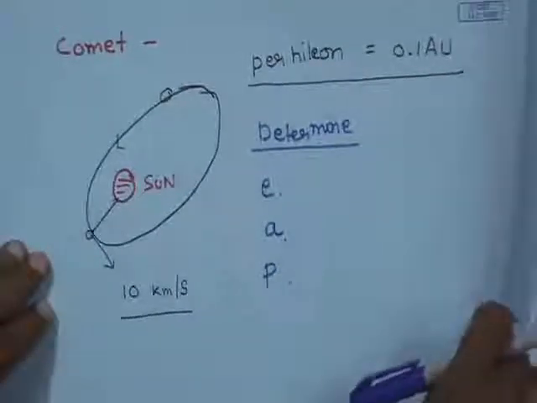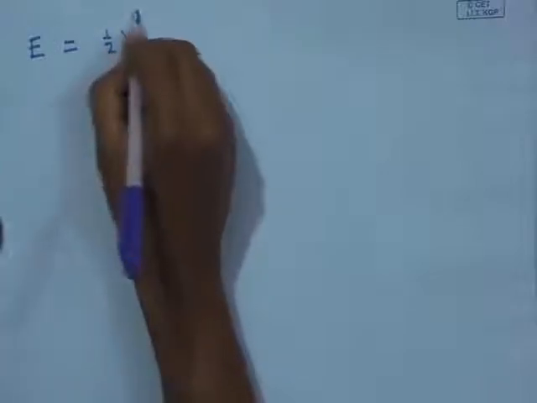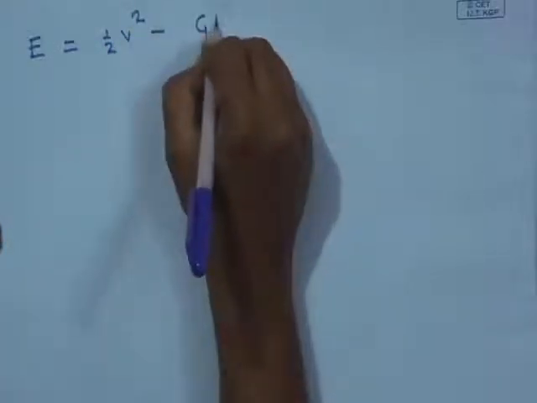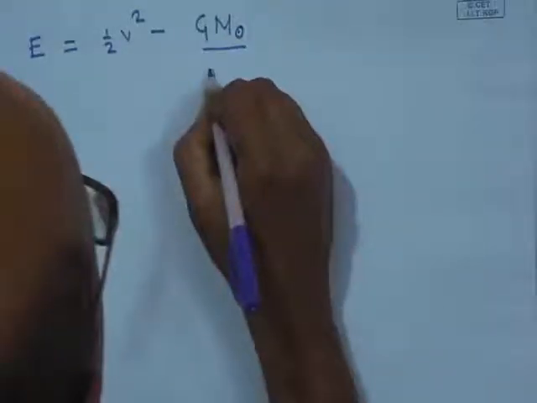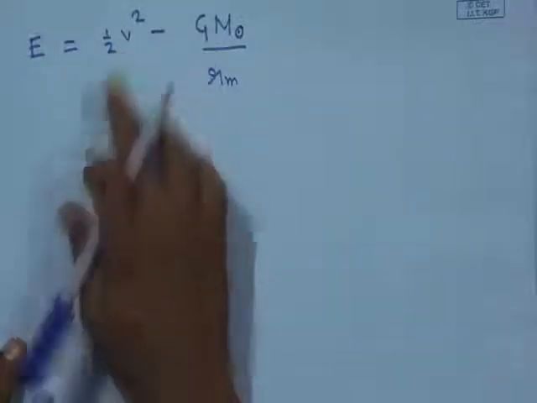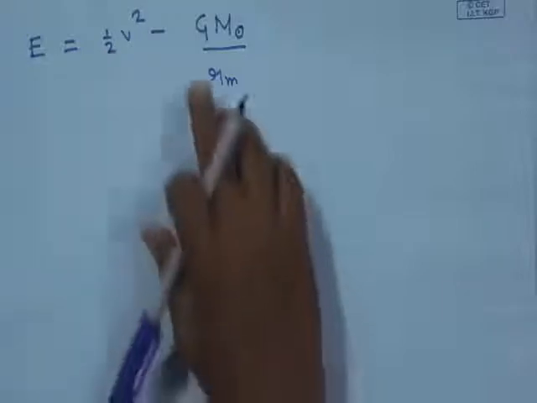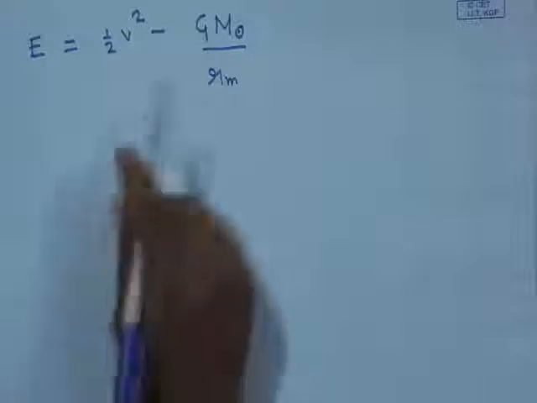The eccentricity can be determined if we know the energy per unit mass. The energy per unit mass of the comet is half v square minus G M sun by the minimum distance r min. Put in the numbers: the speed is given, the minimum distance is given. You just have to put in the numbers, and it turns out that